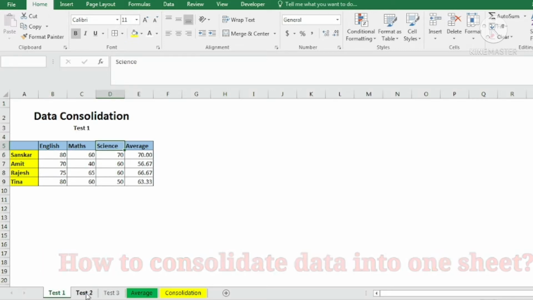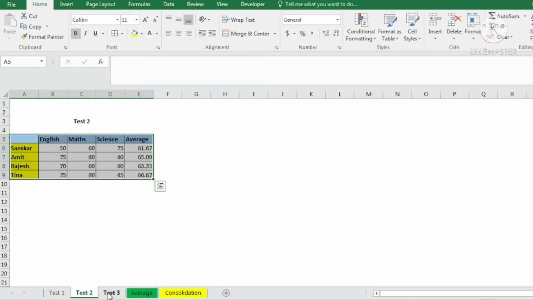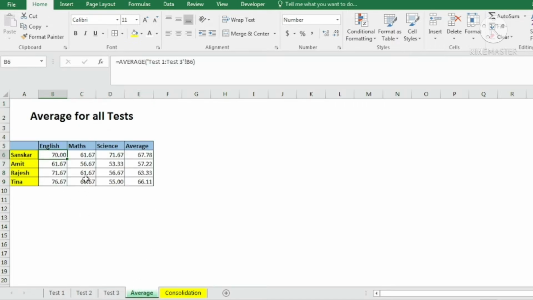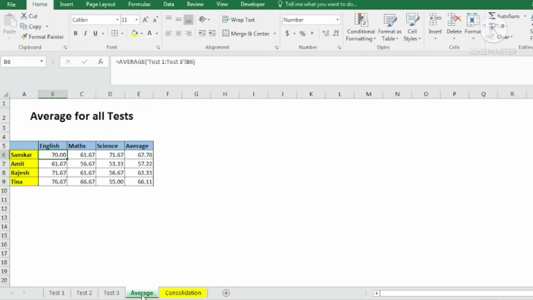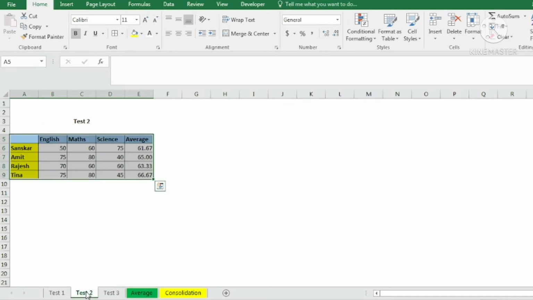Provided that we have all the three sheets, the data is in same position, same columns and same cells, we can combine this data into one sheet. And if we change any of this cell, it will get reflected into this consolidated sheet. But the position should be at same